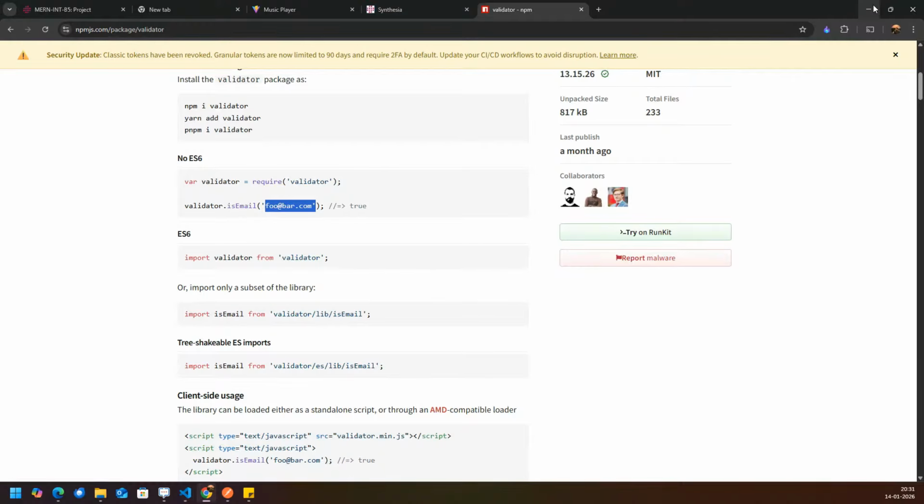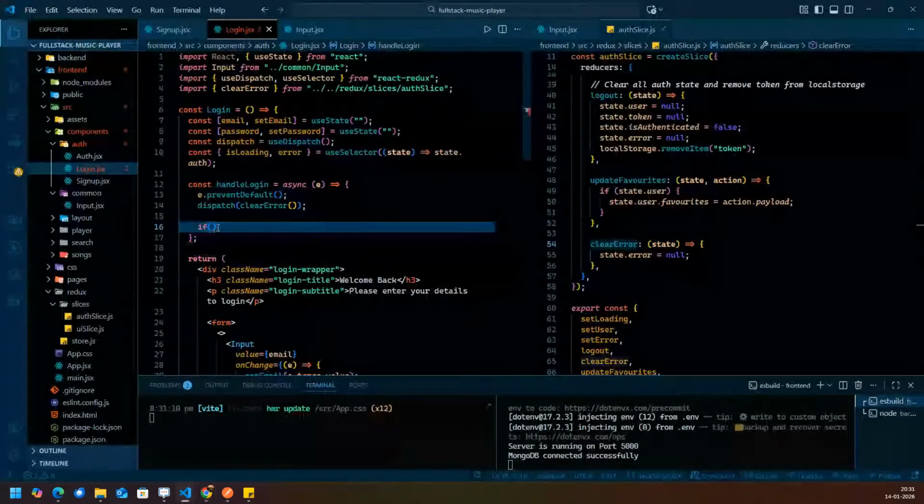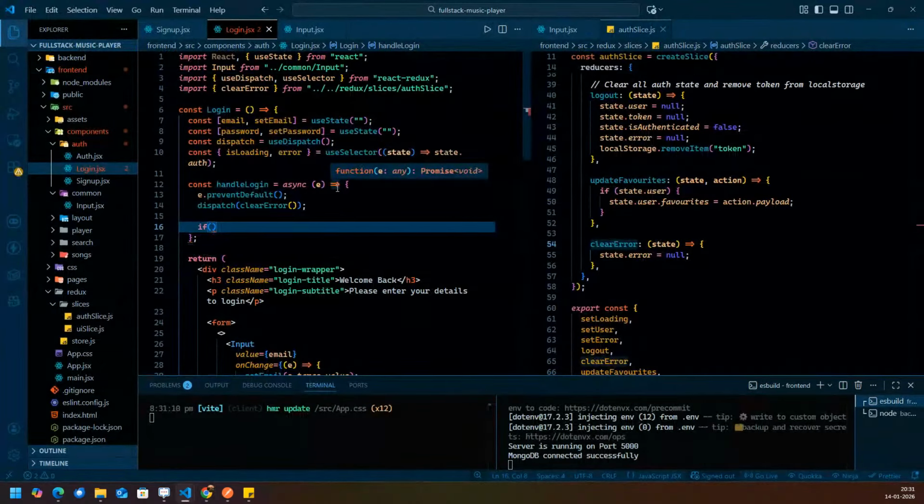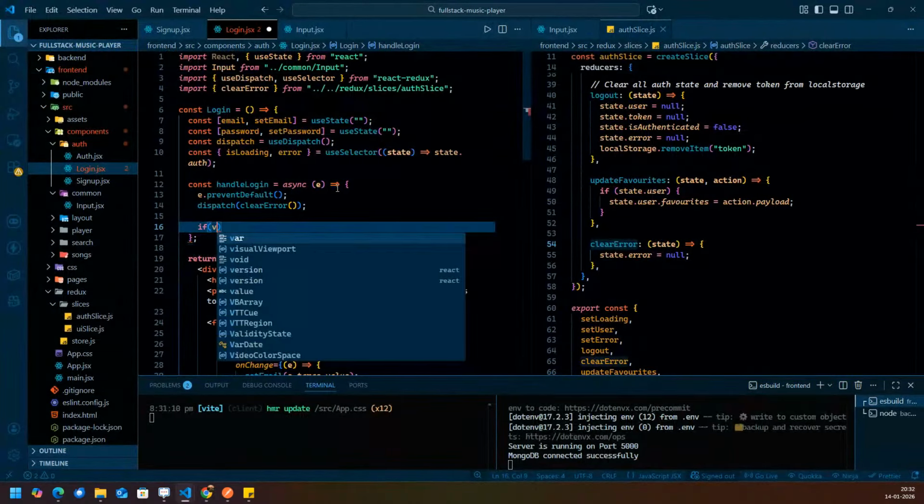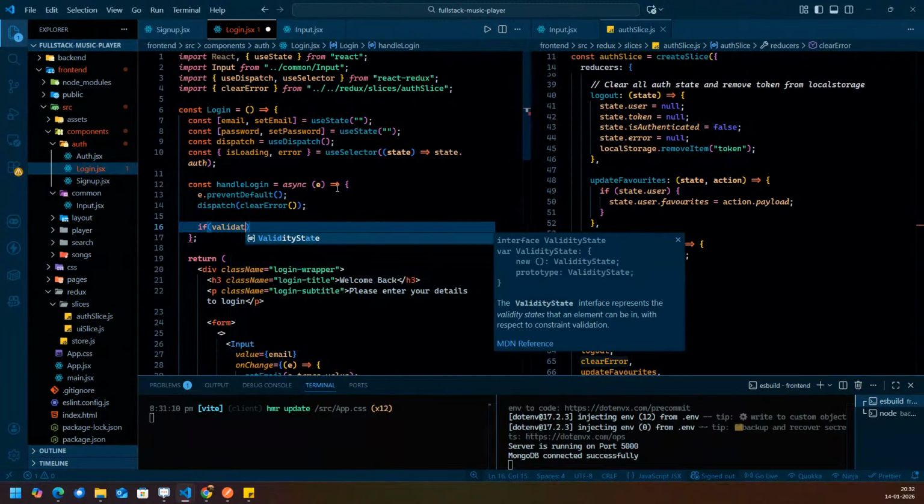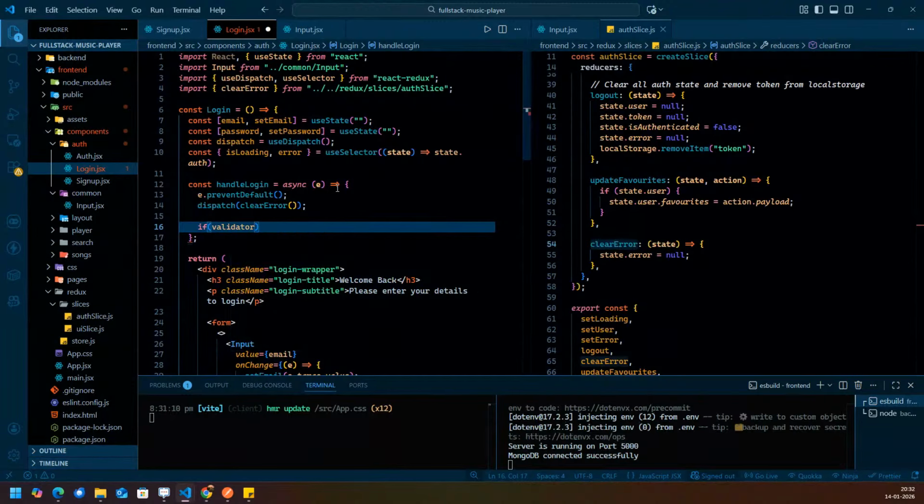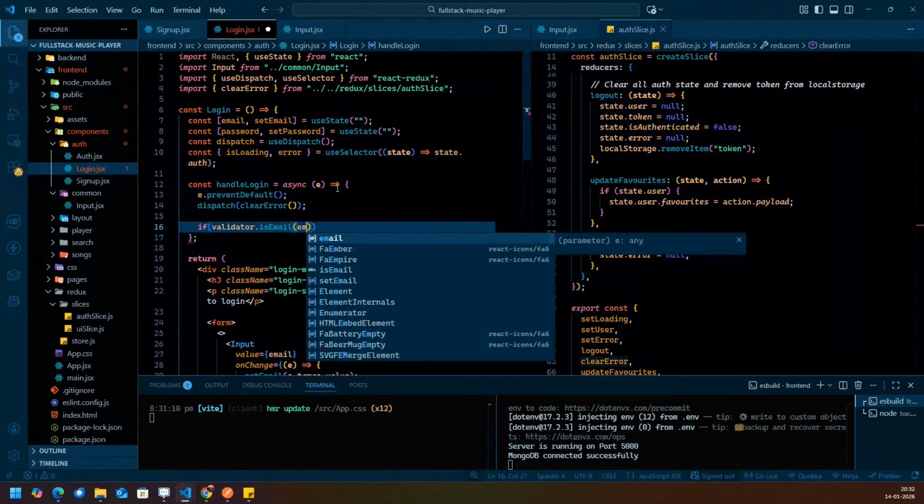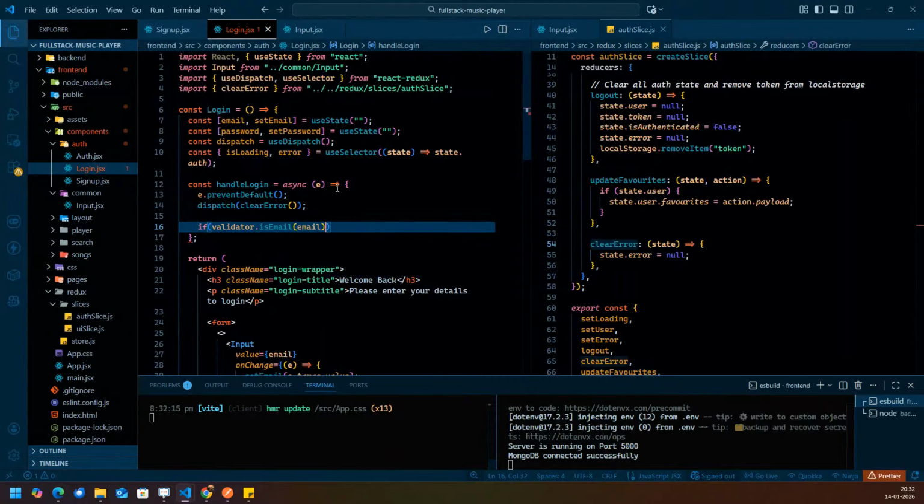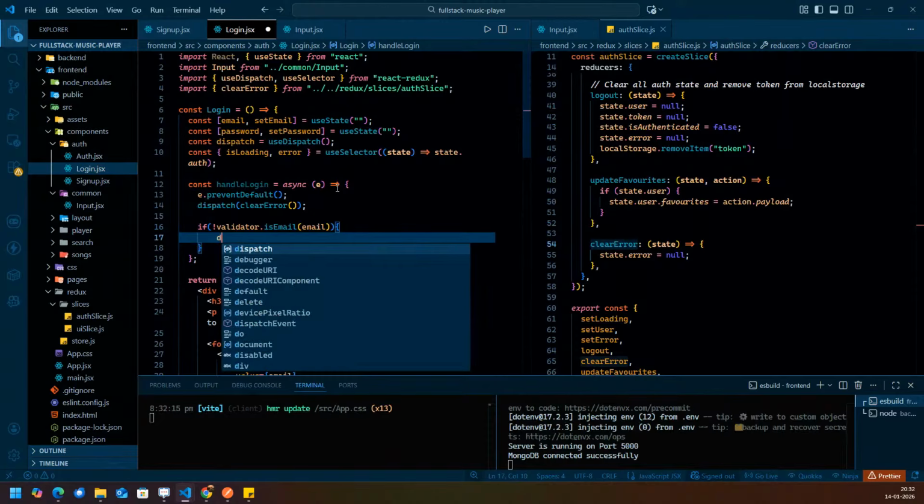Fine. So over here, if validator, we will import that validator, don't worry. Validator.isEmail, we are going to use isEmail, and we'll pass the email value. If it is not correct, means false, then we have to dispatch